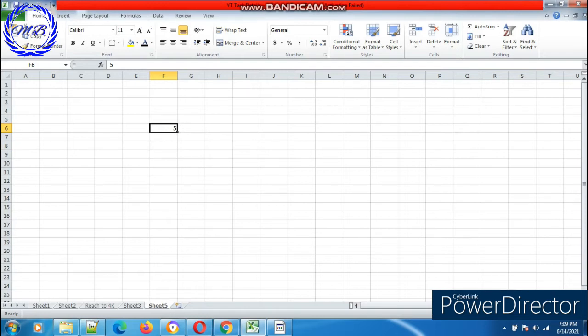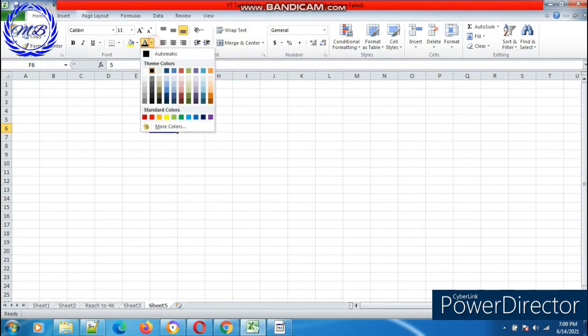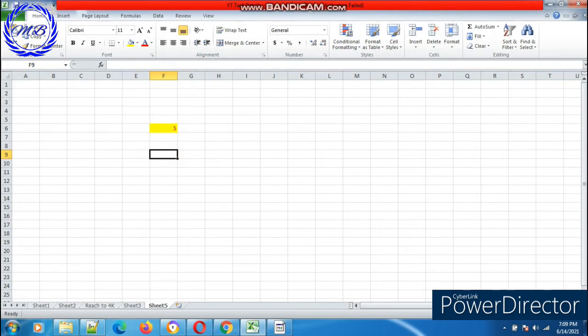So this is the normal plain cell. Now I want to format it. I want to color the background yellow and the text color red. So we have formatted this particular cell. But guys, the main drawback of this is that it is a static format. You can change it, but it is static. You have colored the background yellow, that means it is yellow, that's it. You can change it, but it will not change as per the values. So right here comes the picture of conditional formatting.